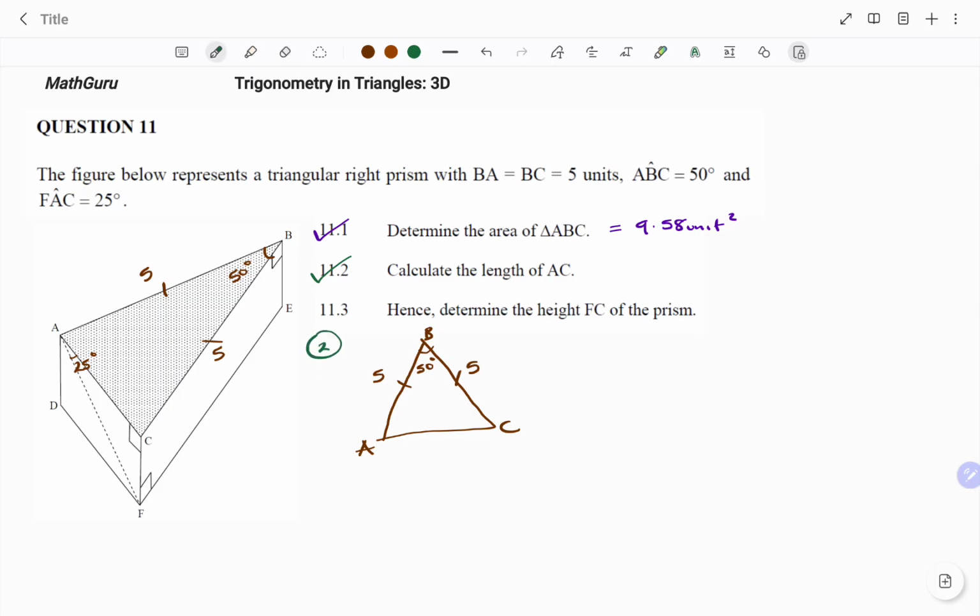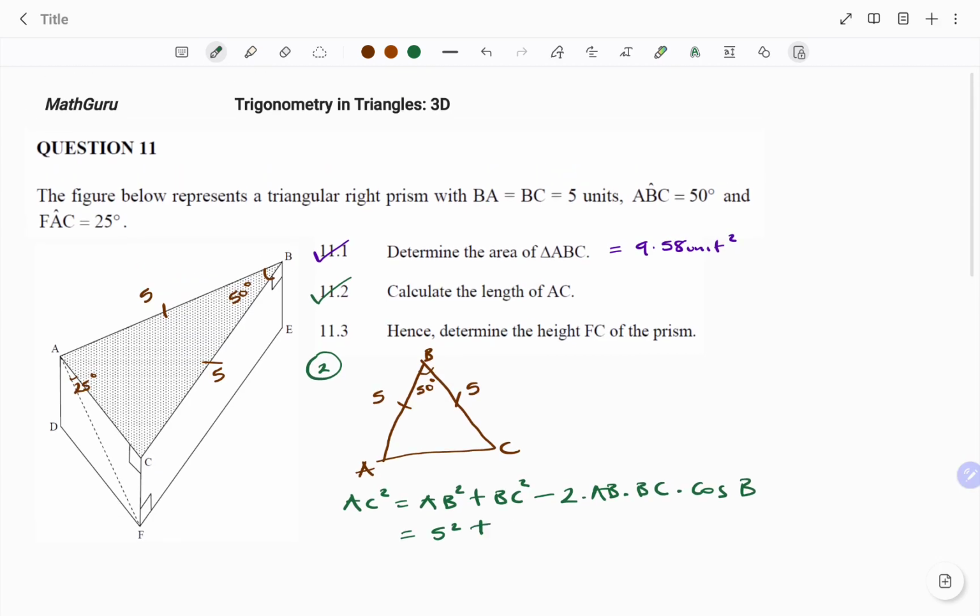To find AC, I'm going to use the cosine rule that states that AC squared is equal to the sum of the squares of the other two sides, that's AB squared plus BC squared, minus the product of the sides, 2 times AB times BC, times the cos of the angle subtended by the two sides, that's cos B. Putting in my values, I have 5 squared